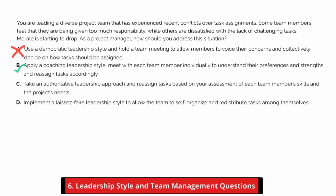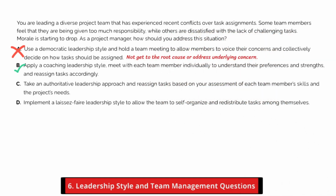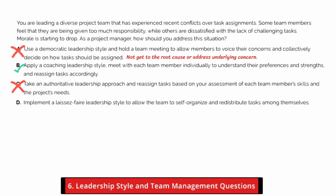Option A, holding a team meeting and letting everyone have their say, is helpful, but it might not get to the root of the issue. A democratic approach can open up dialogue, but it may not fully resolve the underlying concerns, especially if individual strengths and weaknesses aren't addressed. Option C, being authoritative and reassigning tasks on your own, could solve the immediate issue, but